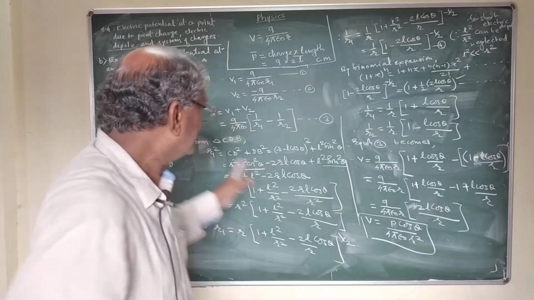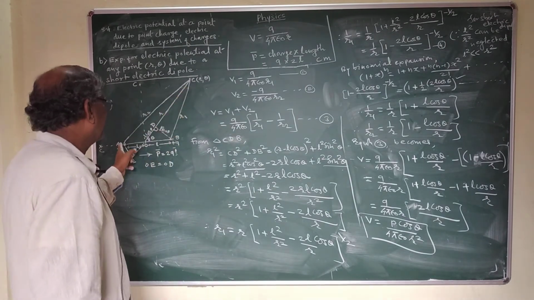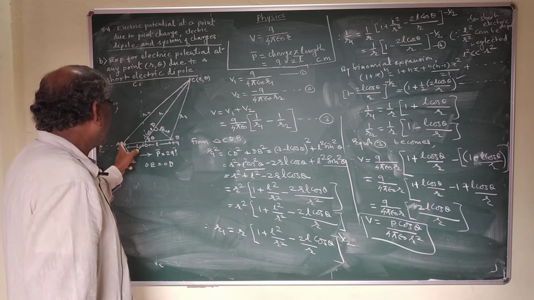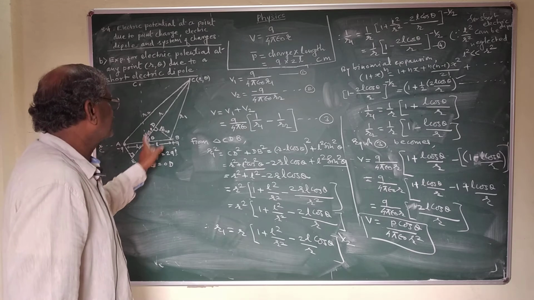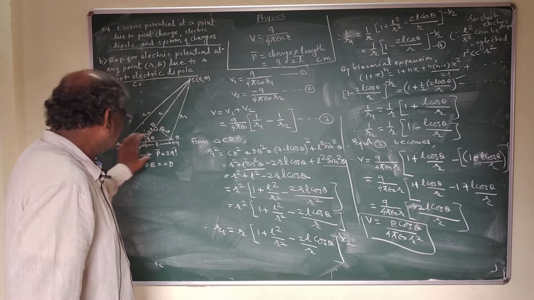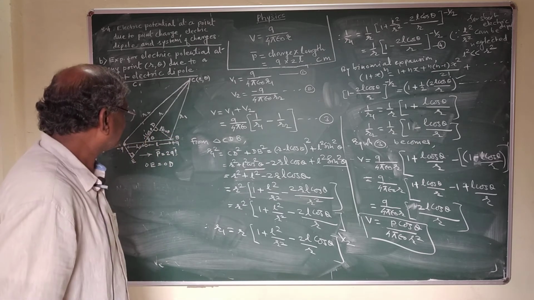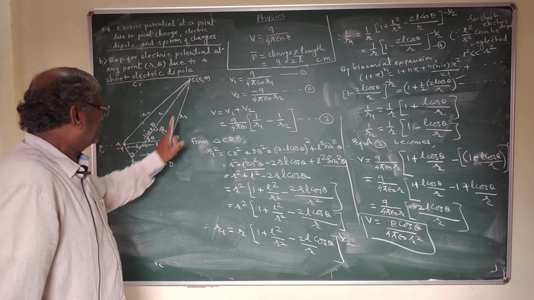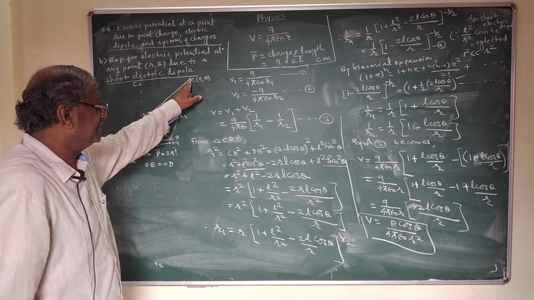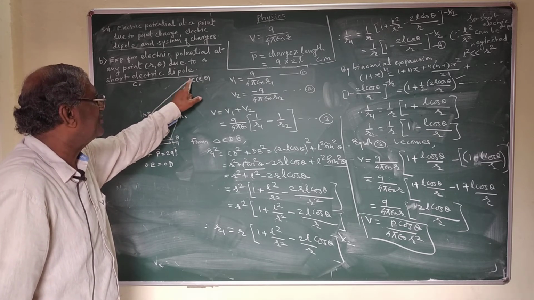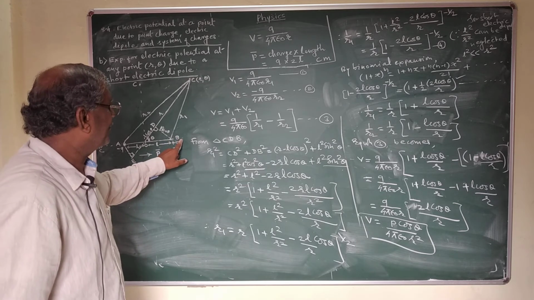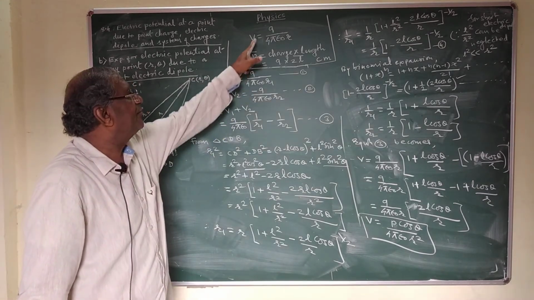Now join BC, AC, and BC is equal to say R1 and AC is equal to R2 and OC is equal to R. This is the nature of the dipole and point. Now this positive charge produces positive electric potential at point C, and this electric potential produced at point C due to plus Q charge at point B, we can find by using this equation.